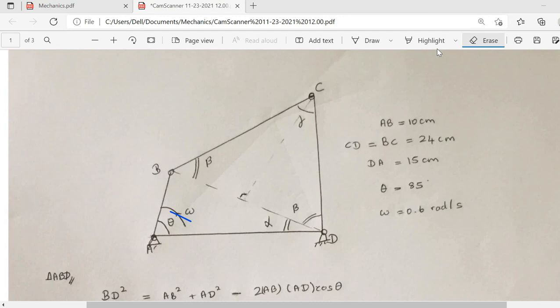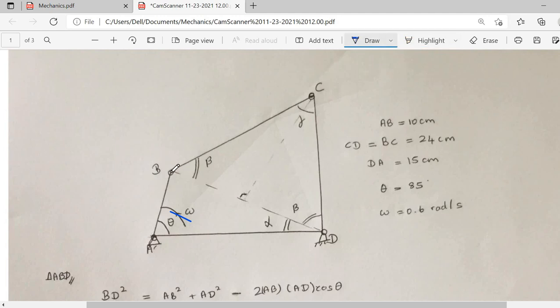So the first thing we are going to do is find the relationship with other angles and lengths for getting an answer for the velocity of C point. So here I'm going to use the velocity diagram to find the equation between the C point velocity and any other angles. So here first of all we are going to use the cosine rule to find this BD.